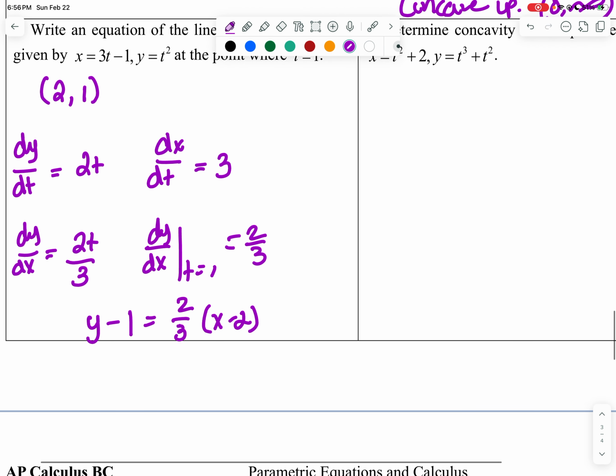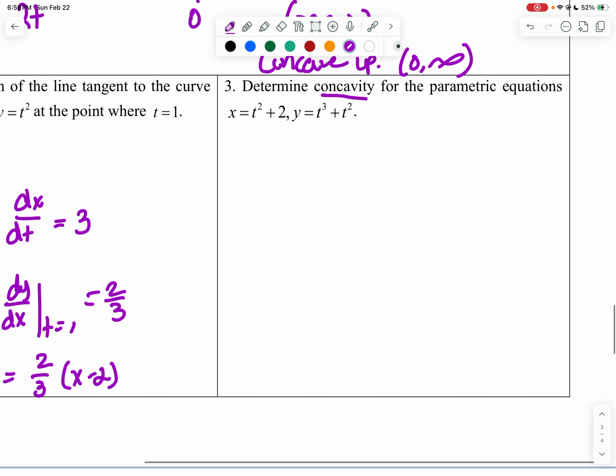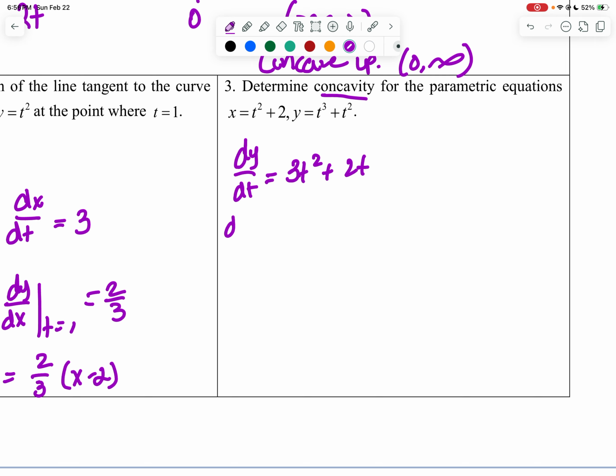All right, same thing with number 3. So determine the concavity here for the parametric equations. In order to figure out concavity, I need to get the first derivative, and then once I get my first derivative, I'll use that to get my second derivative. dy/dt is equal to 3t squared plus 2t. dx/dt is 2t. 3t squared plus 2t all over 2t. Probably simplify this again. So that's going to be 3/2 t plus 1 as my first derivative,